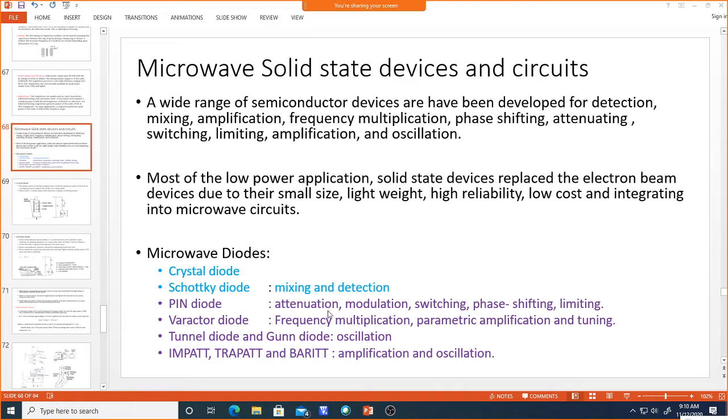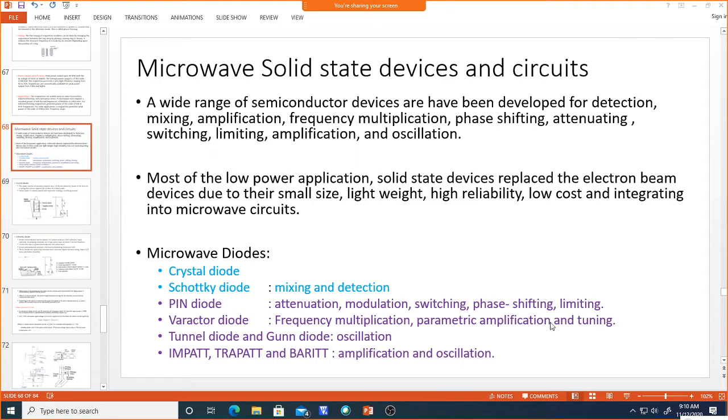And in the PIN diode you can use it for attenuation and also modulation purposes. So there are PIN modulators available. If you visit your microwave lab, you can see PIN diodes and this demodulation, and how it is happening. Also the switching purpose and phase shifting, as I said, for particular antenna applications or any phase shifting applications, you can use the PIN diode.